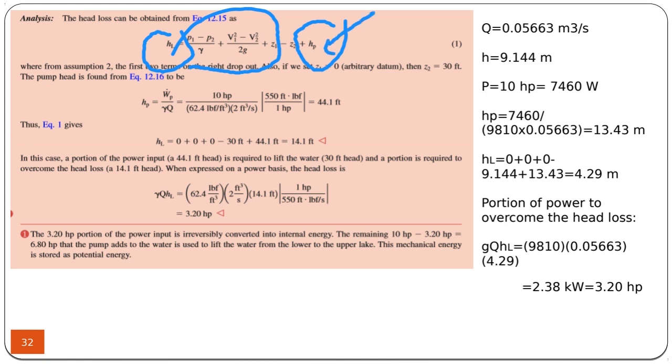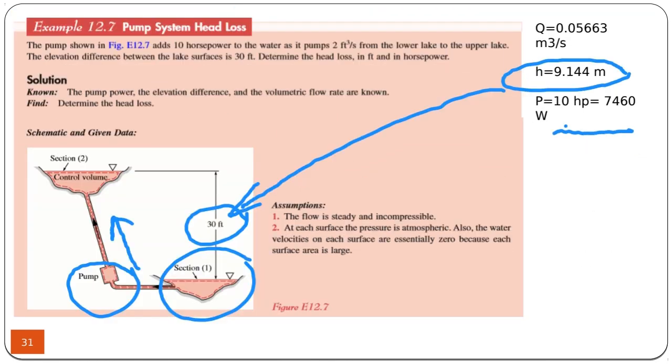And pump head is similar to the turbine head. It's W, pump power, divided by gamma Q. So we get a pump head of 44 feet, which is 13.43 meters. So if you put everything in the equation, there is something